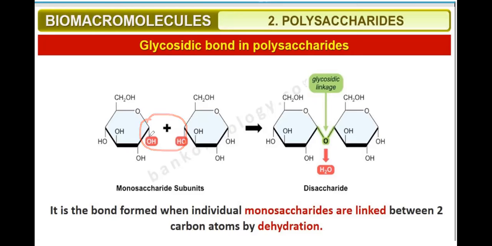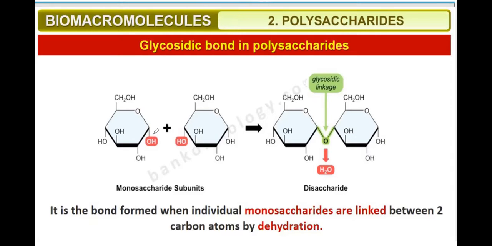And when there is a formation of bond, OH, okay, then there is a release of water molecule. There will be release of what? Water molecule, that will become H2O. So that is H2O. Then a bond is formed between this oxygen and this. There is a formation of bond between this carbon and this carbon. So carbon number, this is 1 and this is 6.